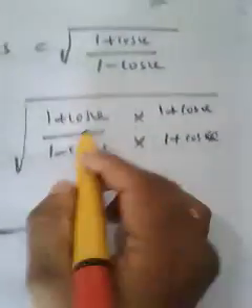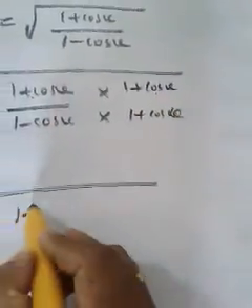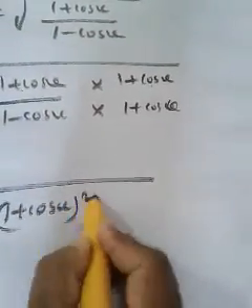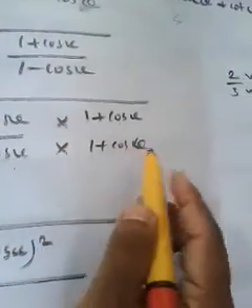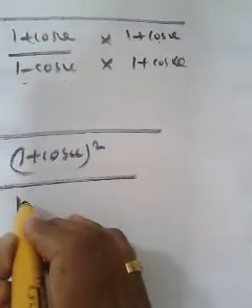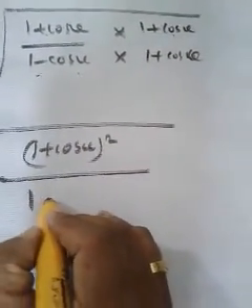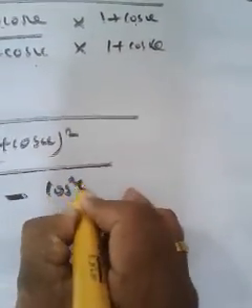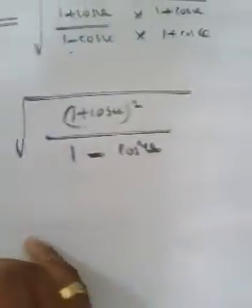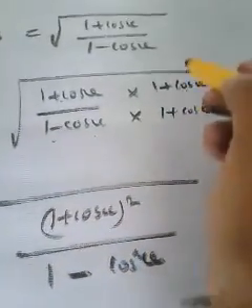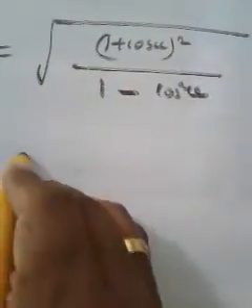So square root of what is 1 + cos θ in 1 + cos θ? 1 + cos θ whole square. And what is 1 - cos θ in 1 + cos θ? That is in the form a - b into a + b, that becomes a square minus b square. That means 1 square, I'm going to write it as 1 itself, minus cos square theta. Okay, now you will get understood why I multiplied like this. You will get understood in the very next step.